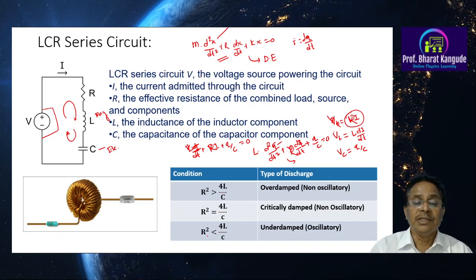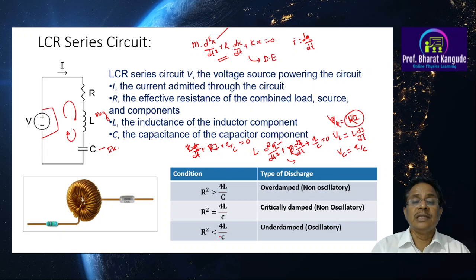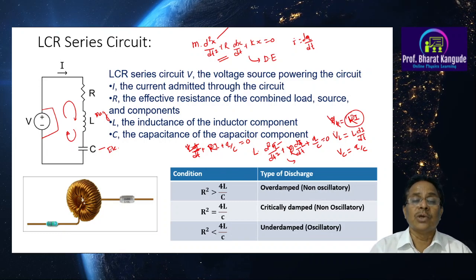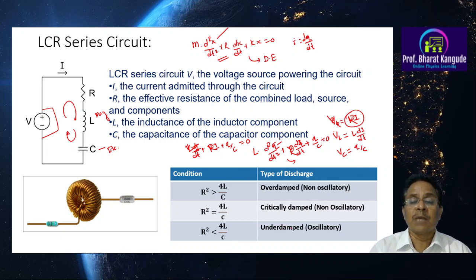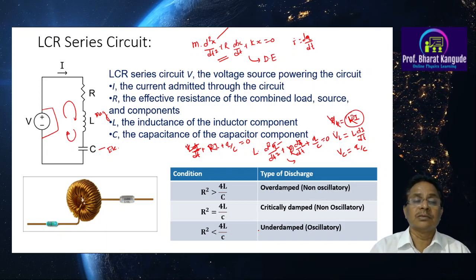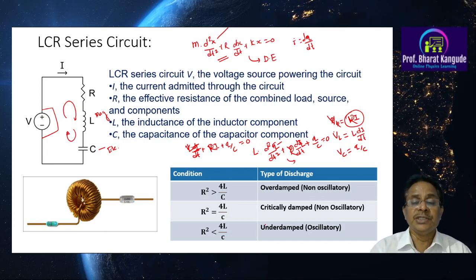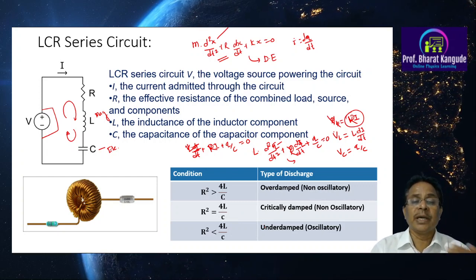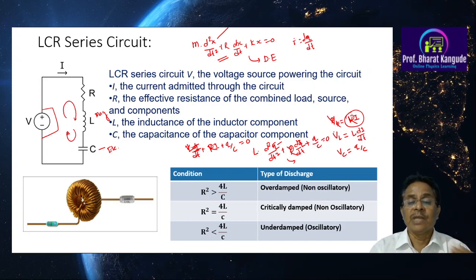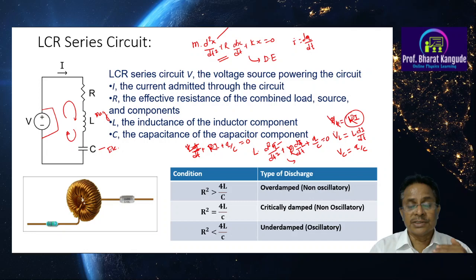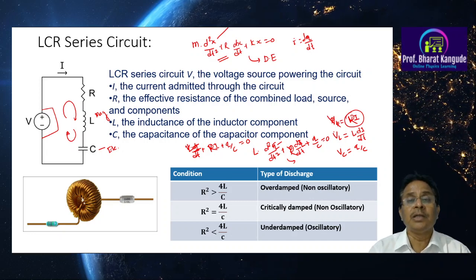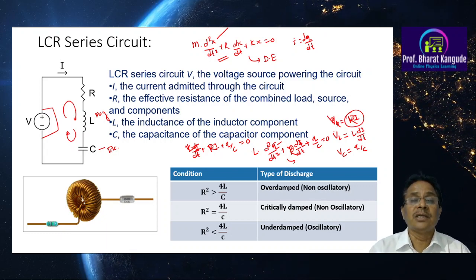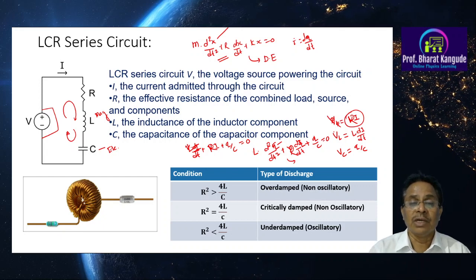And the last case is when the square of the resistance in the circuit is less than 4L upon C. Then this type of oscillator is called an underdamped electrical harmonic oscillator, and this time the current in the circuit is oscillatory, so it changes its direction. In the circuit itself, conversion from electric to magnetic and magnetic to electric energy takes place, and that is how this circuit becomes oscillatory. So this LCR series circuit is one of the very fundamental and important circuits in electronics as well as in electricity. As we know, this circuit plays a very vital role in several different types of instruments.